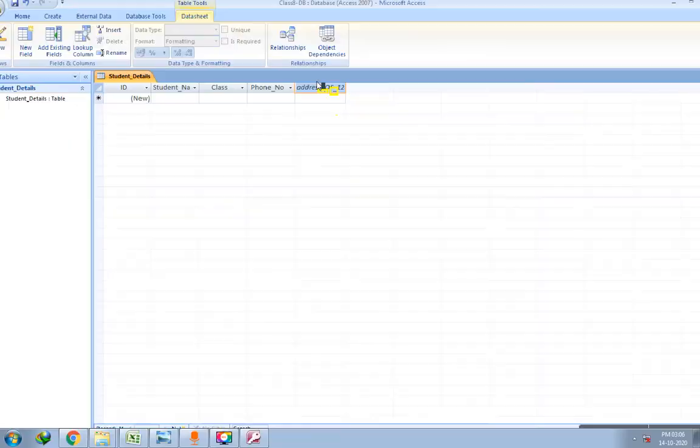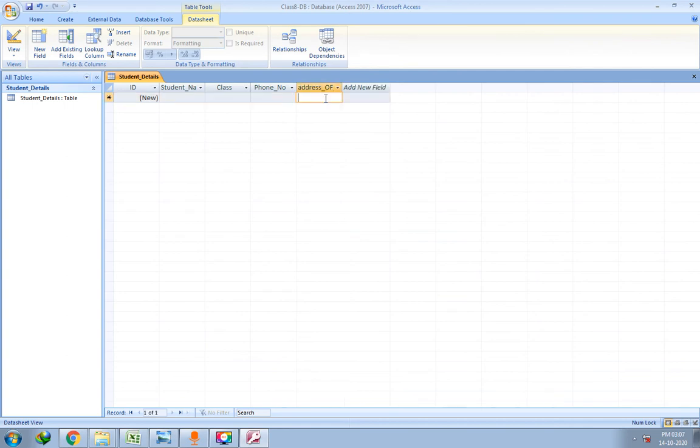This small hyphen at the bottom is called the underscore.